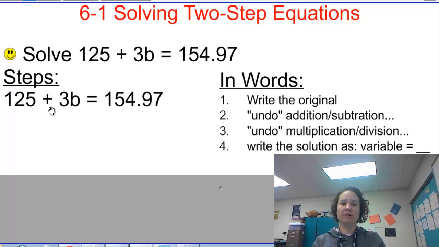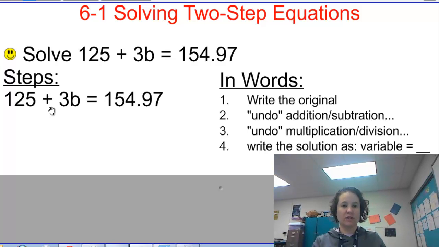Everybody. Today we're going to talk about solving two-step equations, and so this goes with the learning goal. I can solve two-step equations and write and use two-step equations to solve problems. So here's our first example. I'm going to go through one and let you do one on your own, and then we'll do a couple